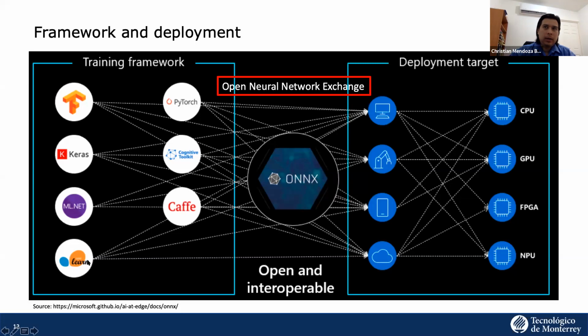And in earlier days, we were limited because if we didn't know how to code, how to use those different libraries or those different frameworks, then we were limited because of that difference. But now that difference is being erased because we can actually jump from one to another easily.